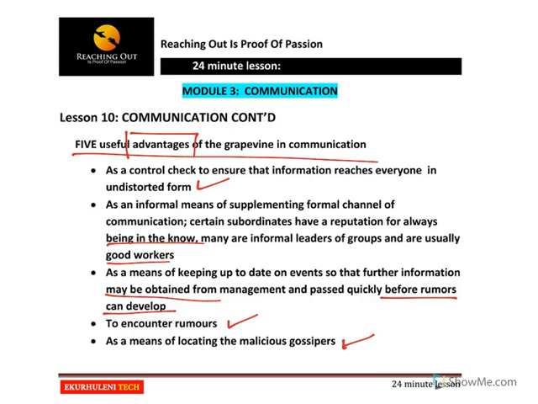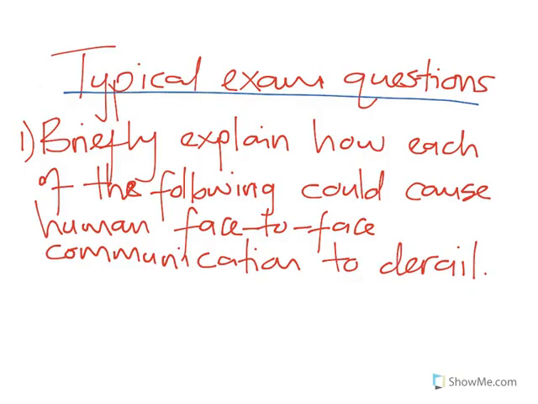Now, should they discover that information is leaked, they will know who is usually leaking information in the department. So usually it is used to locate the so-called people who cause trouble in an organization. Let us move on now to look at some typical exam questions that you will expect regarding the session we